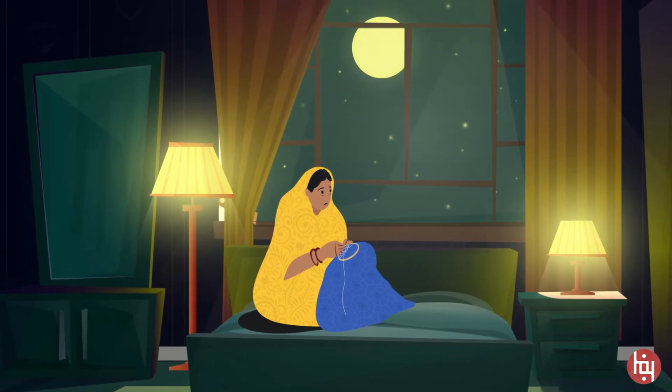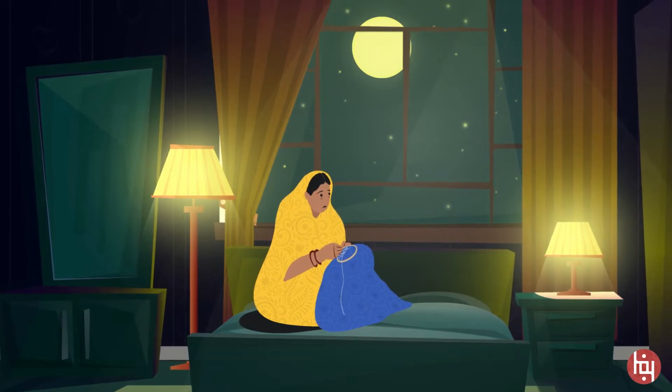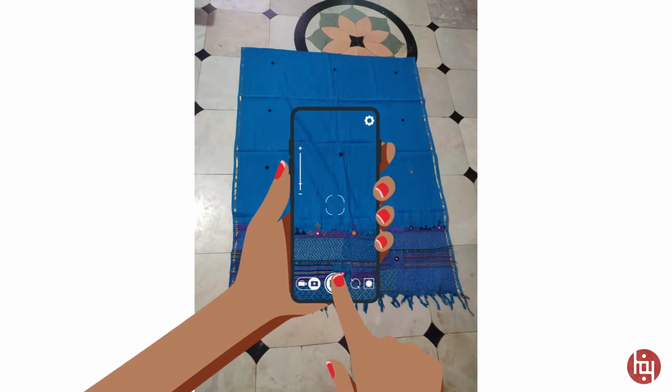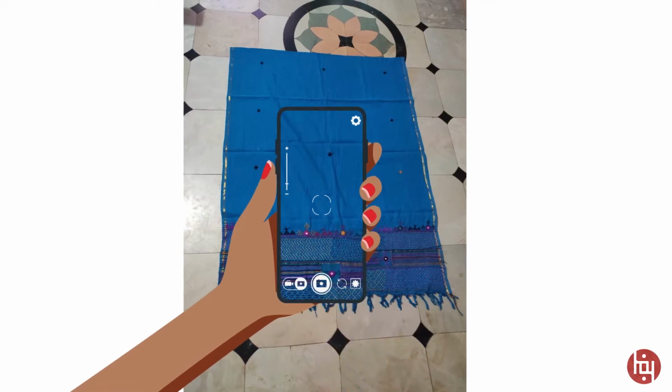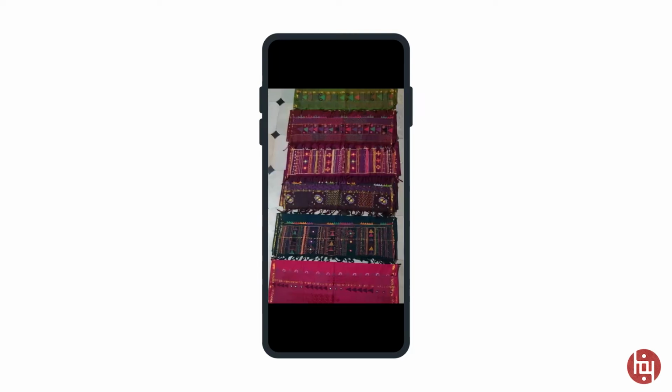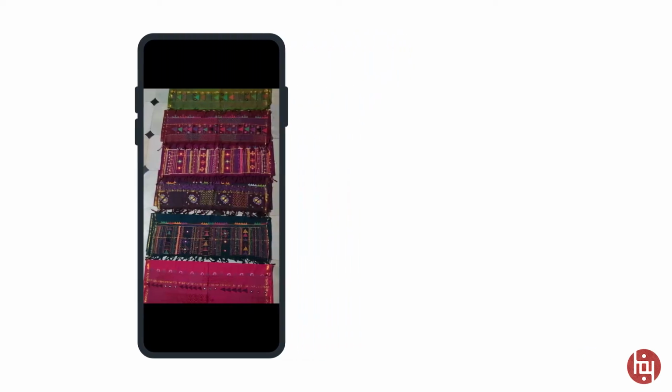But Rani is tired from the whole day's work and it's already night. So she takes out her phone and clicks. Kheench liya. What comes out are bad photos of great products, rash photography.